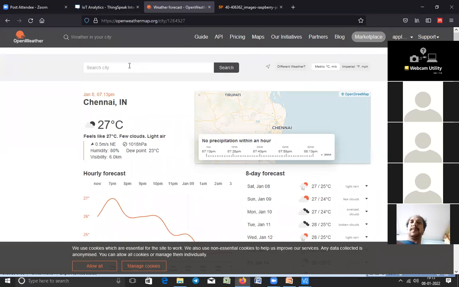Because this particular OpenWeather map is providing APIs. You can see here the API. Okay, so every enterprise generally provides APIs. Okay, so for example, Facebook provides API to access their data, like Facebook posts, all the data you can access.